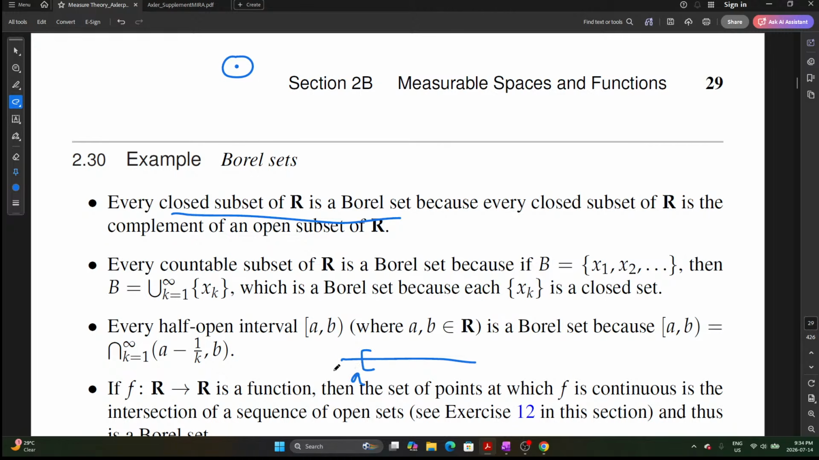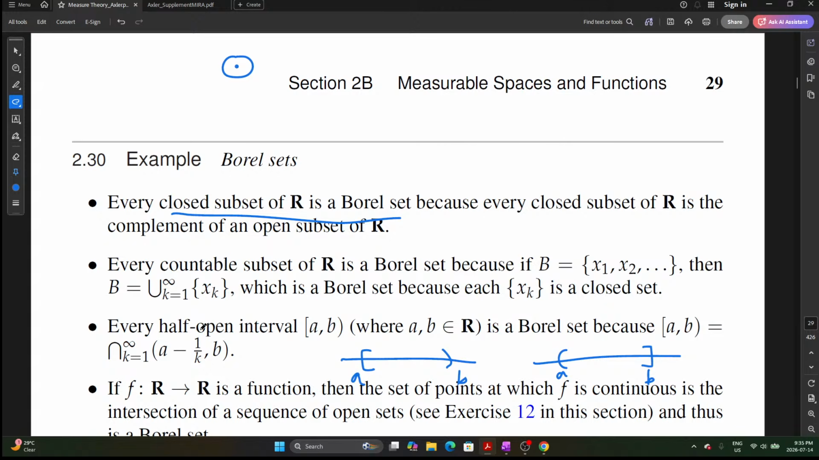Of course, here we're using the interval with a square bracket on the left and round bracket on the right as an example. You can easily apply the same argument to say the interval is open at A but closed at B. This is also a Borel set. So how do we do that? Well, you can use an